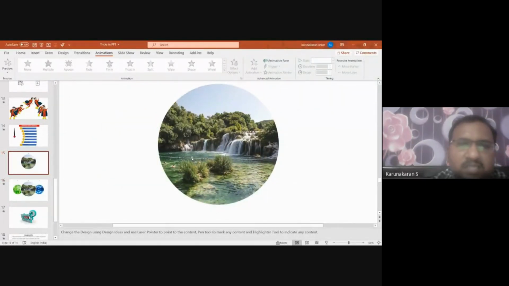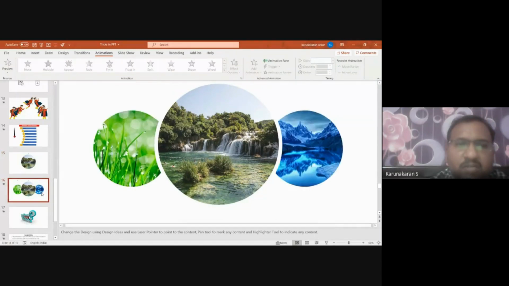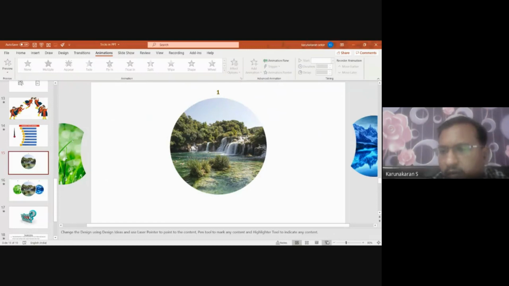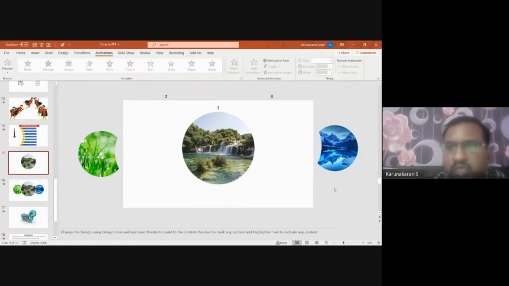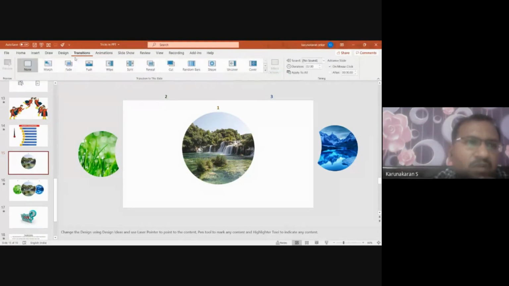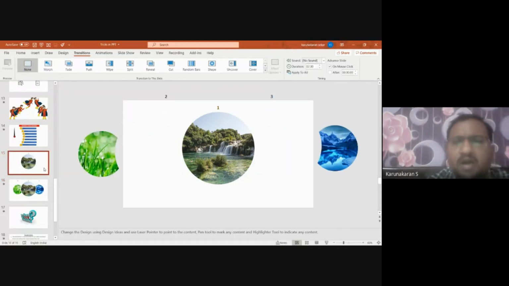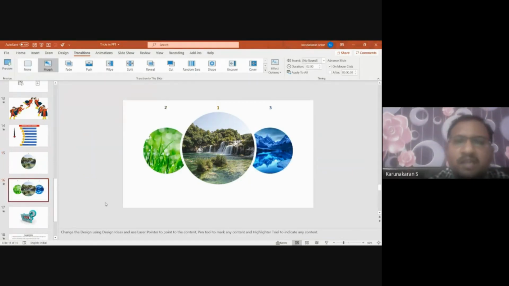I have kept this image in the center, and in this next slide, I have kept the image in the exact positions where I need. You can see this. Let me minimize this and show you. See, you can see those images were present outside. I have dragged them outside my slide, and then I have used a simple transition for every slide. I have used this morph transition technique. When I do this morph transition, all these images, wherever they are present, come to the exact place where they should be. This is how the morph transition works.